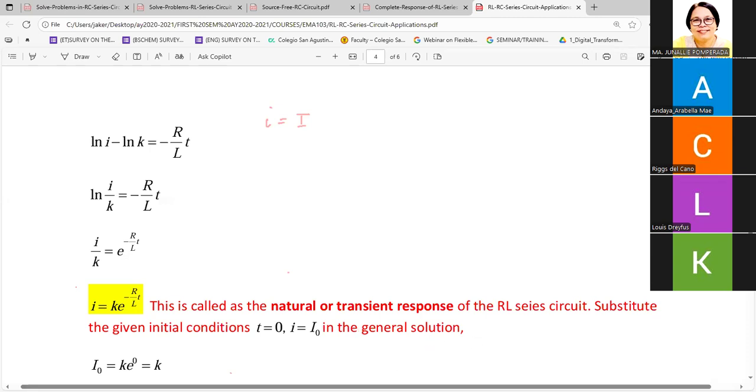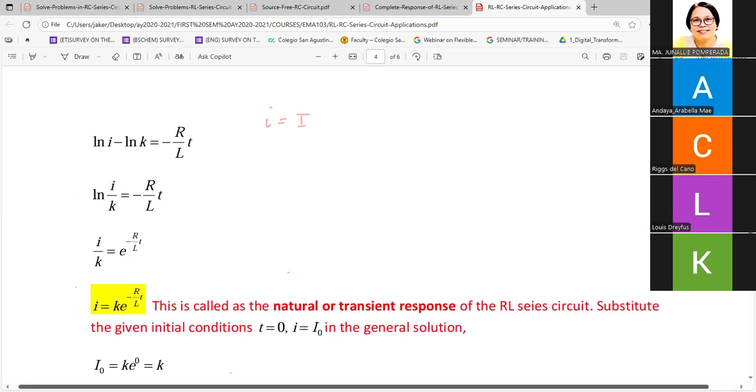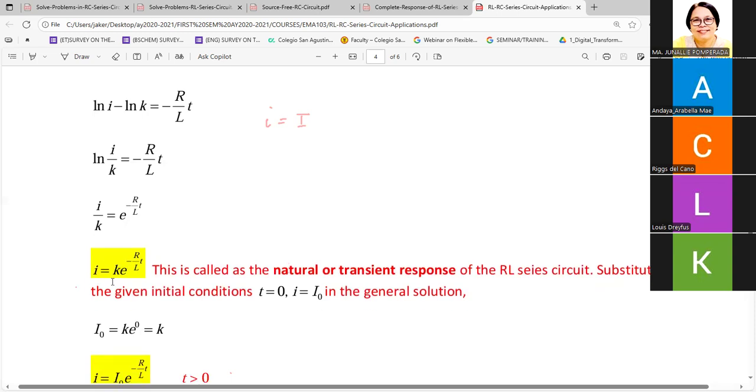So let's say, for example, that initially the current in the circuit is I sub O, meaning any value that is given. So we'll just represent it as the initial current, capital I sub O. Then we substitute time equal to 0 on the small t in the formula, and the small i will be your capital I sub O. Now, in the process, we get to know the constant, because this K is a constant. So I sub O is equal to K e raised to 0, because time is 0, and that's equal to 1. So it tells us that the value of this constant K is simply I sub O.